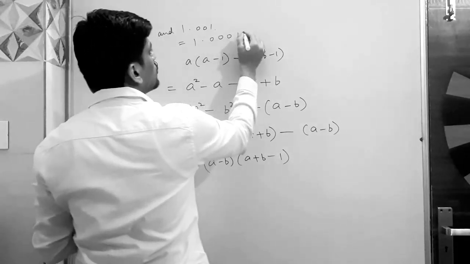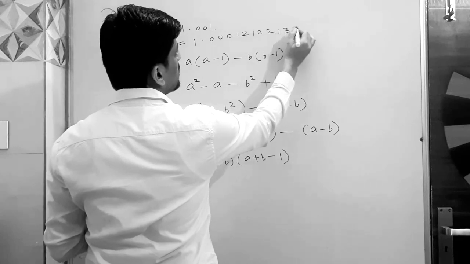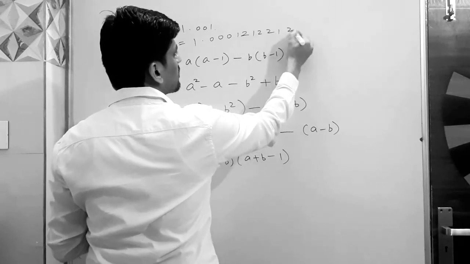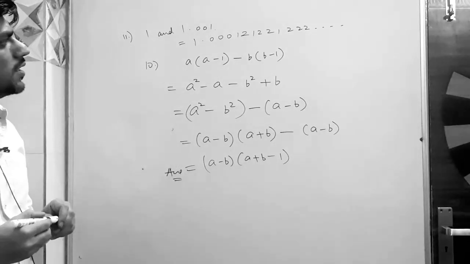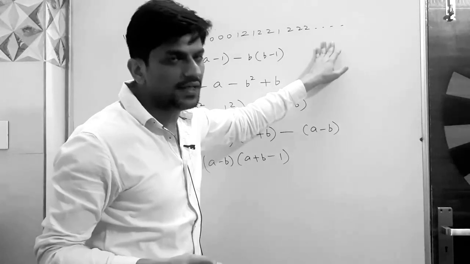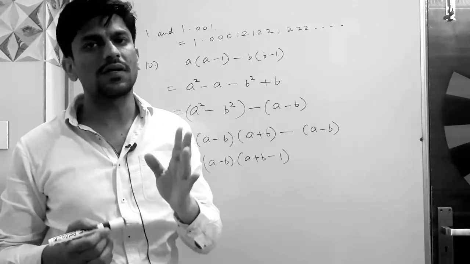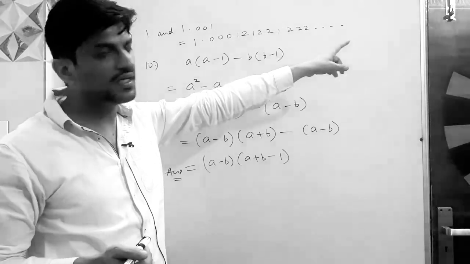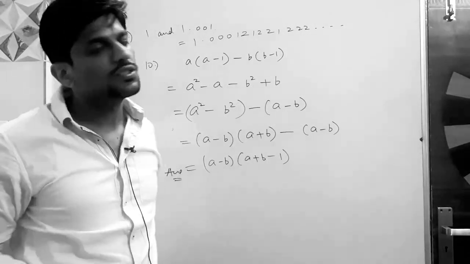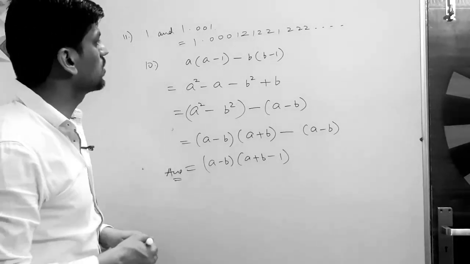Okay, so 1, 2, 1, 2, 2, 1, 2, 2, 2. So now you just know the pattern. If you go this way, it will never end. It will never terminate, and it will not repeat, because 1, 2 will never come again, because the number of 2's is increasing. So in this manner we have designed an irrational number.